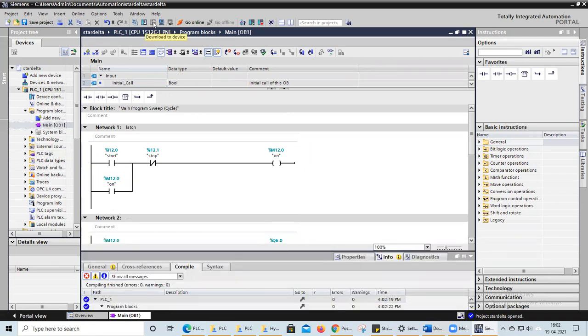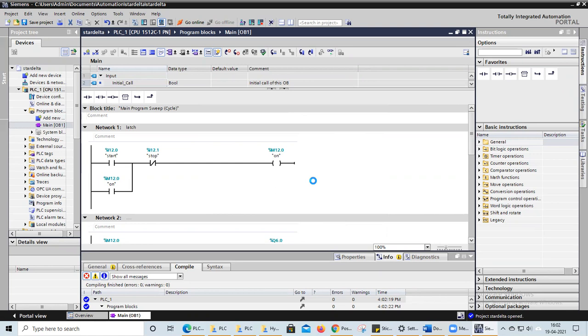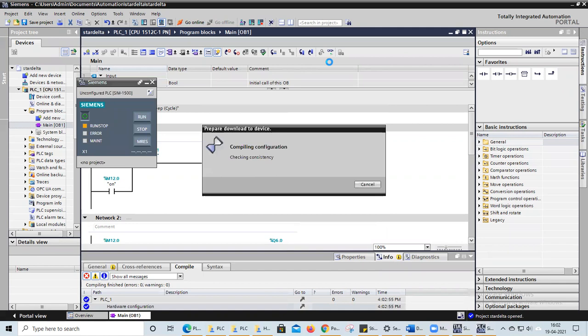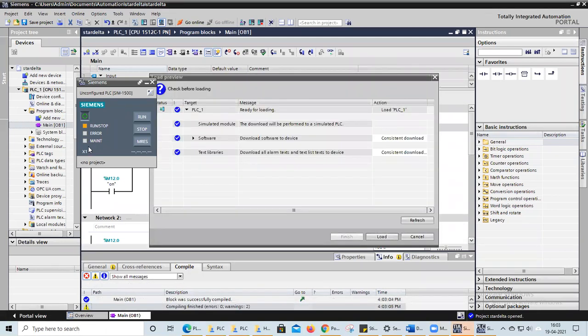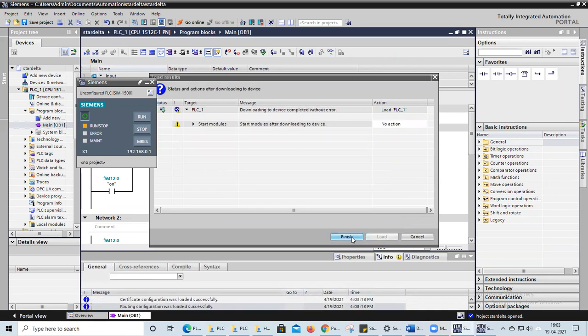Okay. Now I will download it to my simulator. Click OK. You can click on the load option and finish.